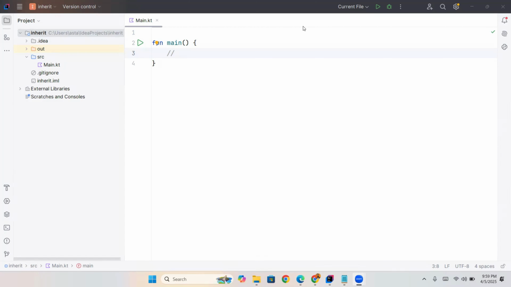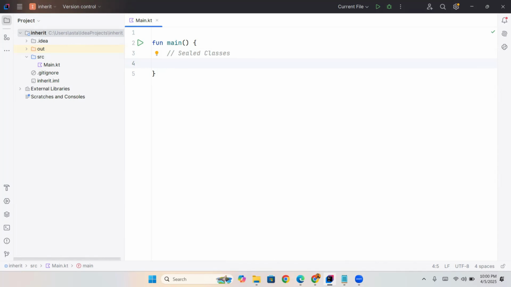Today we are diving into one of the most powerful features in Kotlin, known as sealed classes. If you are a Kotlin developer or learning it, this is an essential concept to understand for safer and more predictable code. Sealed classes are a very special kind of class in Kotlin that restrict the class hierarchy. As you know, class hierarchy means inheritance. Unlike regular classes, where any class can inherit from another class, sealed classes limit which classes can inherit from them, making the code more predictable.